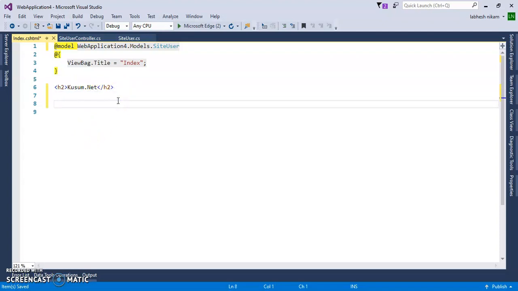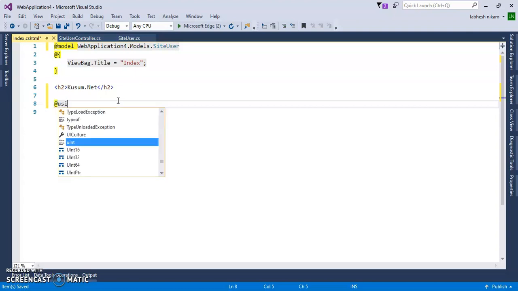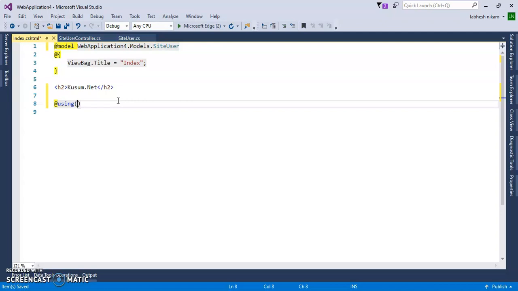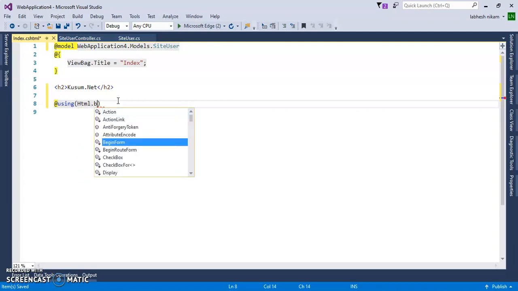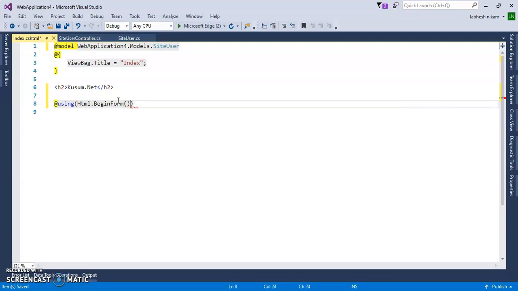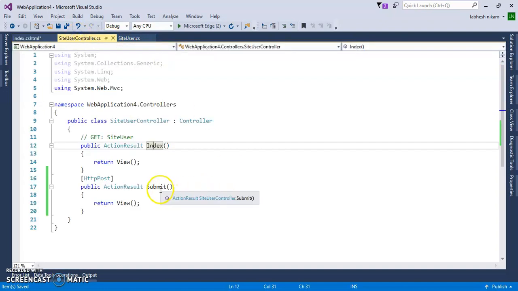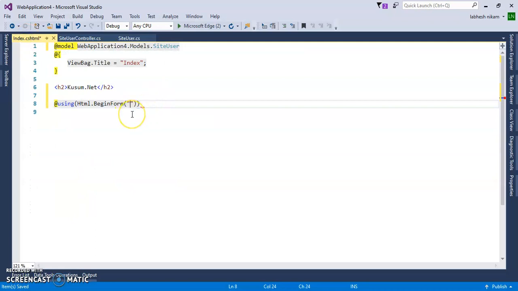Here we'll create the form. So let's use using Html.BeginForm, and inside of that I will call the Submit method. The name of the method is Submit, so copy this and paste it here.